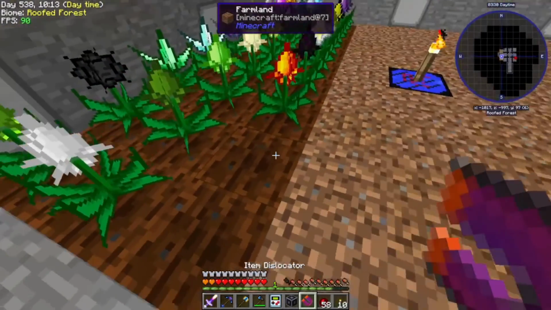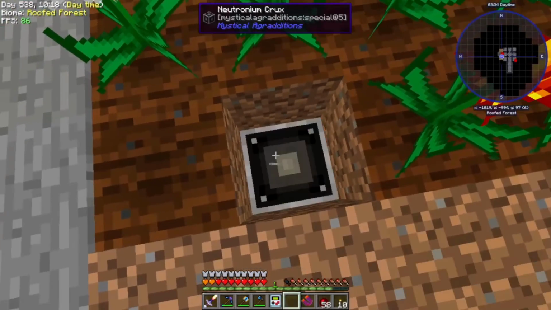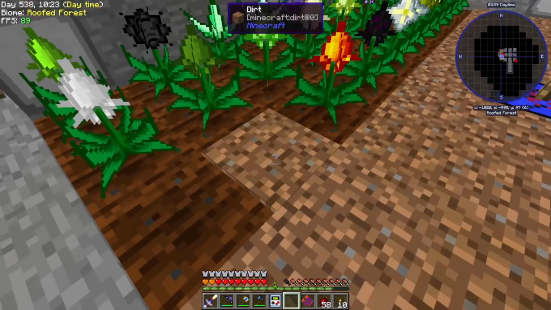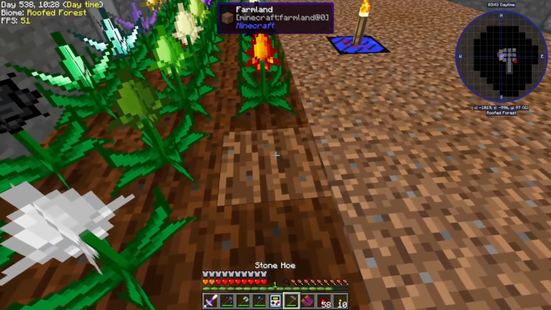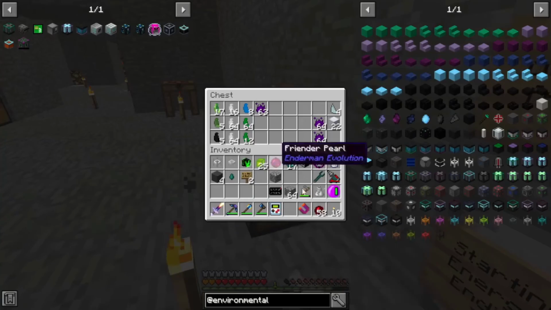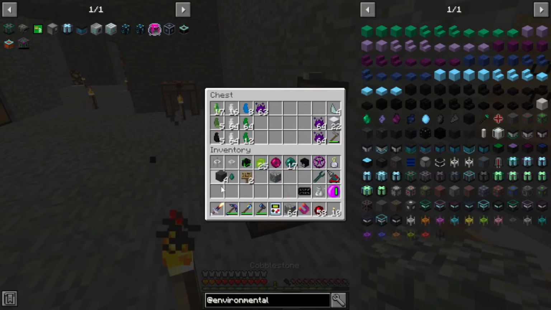So what we're going to do is we're going to shovel this. Put the Neutronium Crux there. Let's get the dirt back in place. Let's use our stone hoe. And let's grow the Neutronium. So yeah, with that...